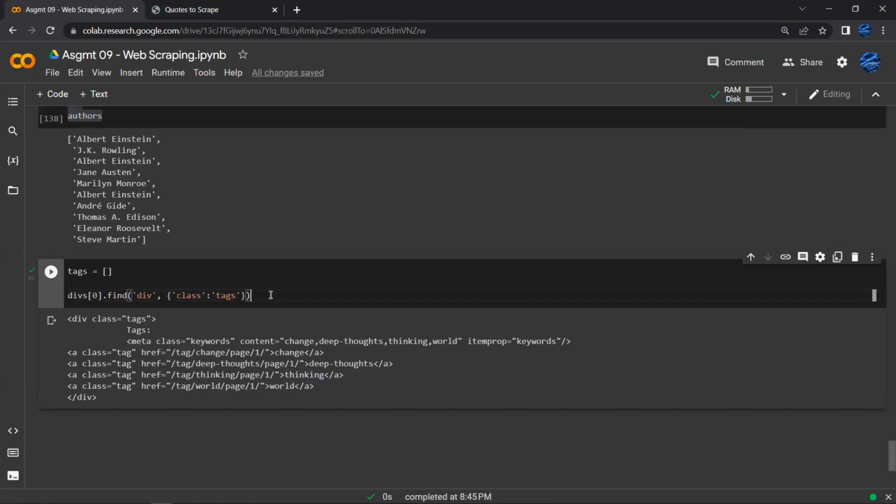So if we want to get to those, we're going to have to do another find all. We want to find all A's. Or actually, we might be able to skip that step to make our code a little bit cleaner. Let me just finish this. If we do class,